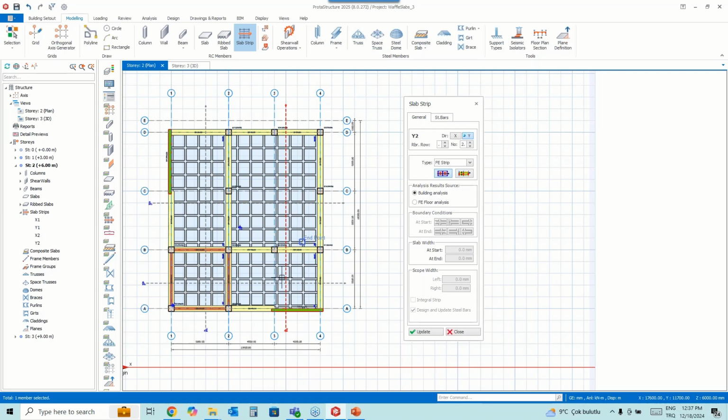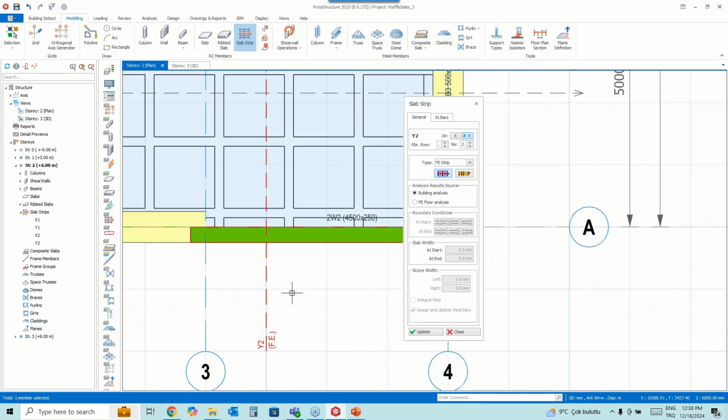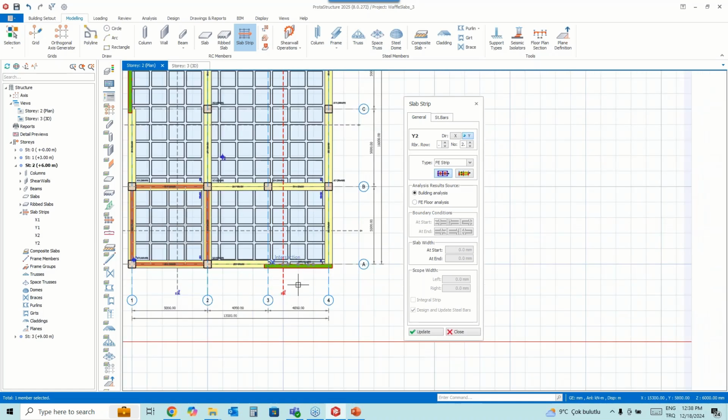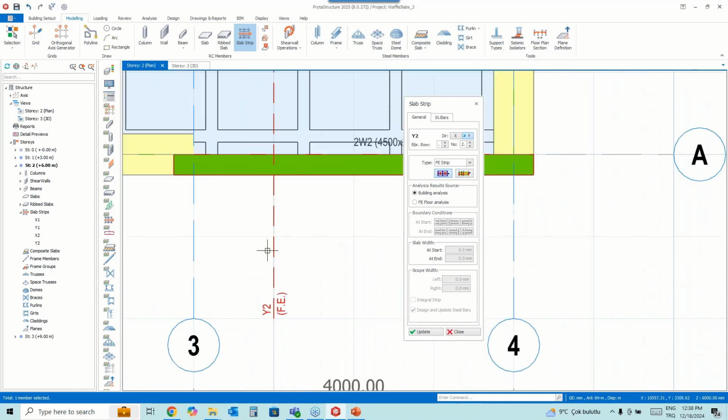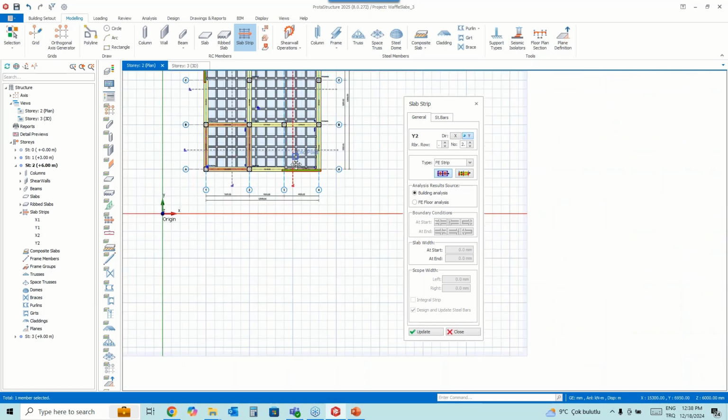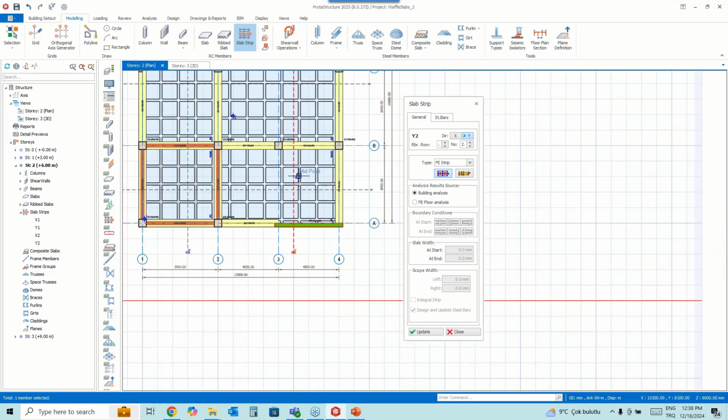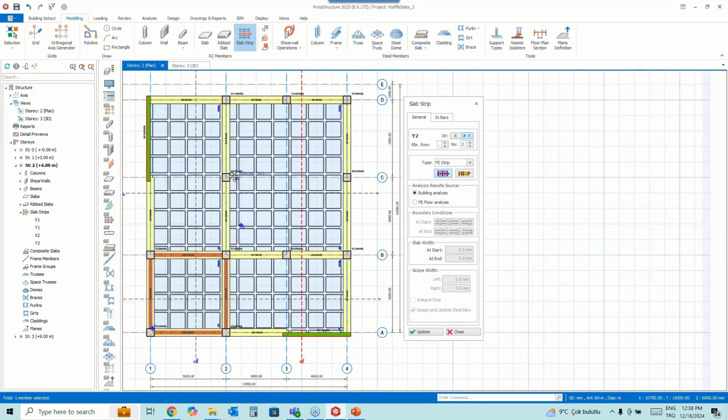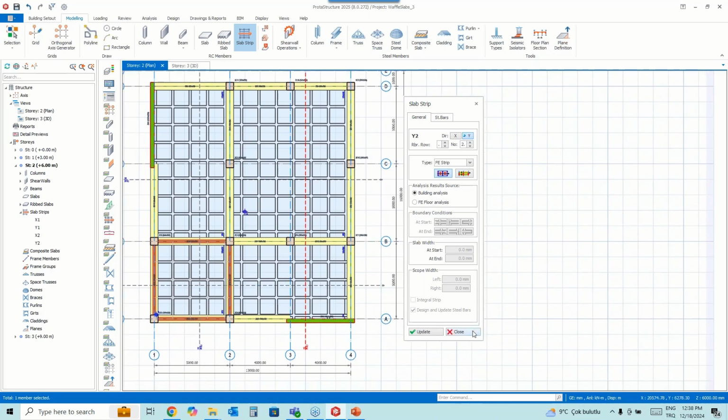And also, for example, this is an orthogonal structure, but there might be some weird shaped structures, and the rib beam lengths may change, maybe various. So we can insert at any place, and of course beam detail will be prepared according to these slab strips' position. Okay, for both directions we have just placed our slab strips.